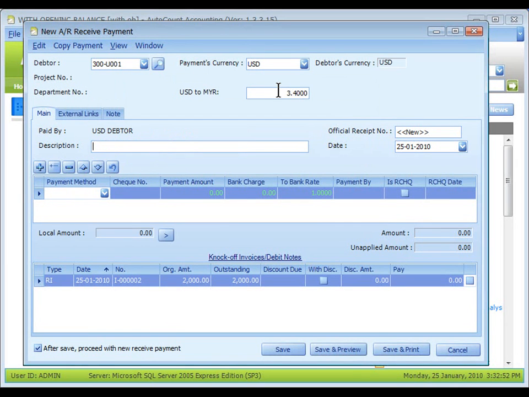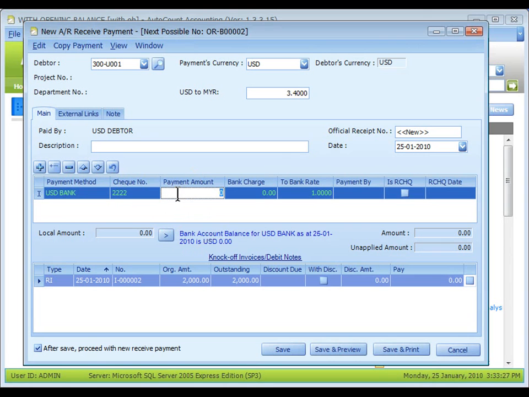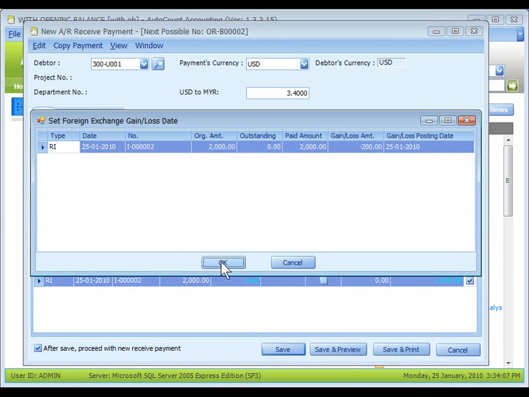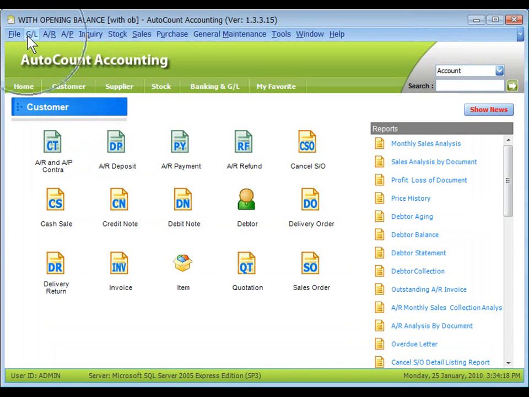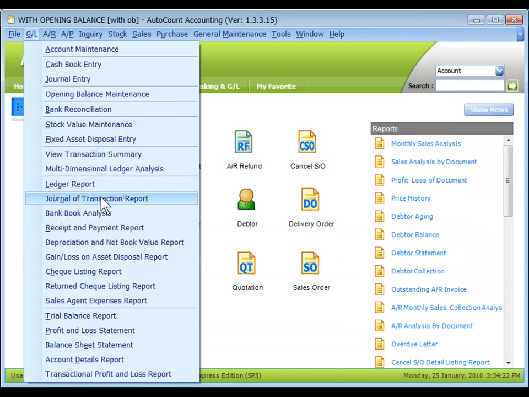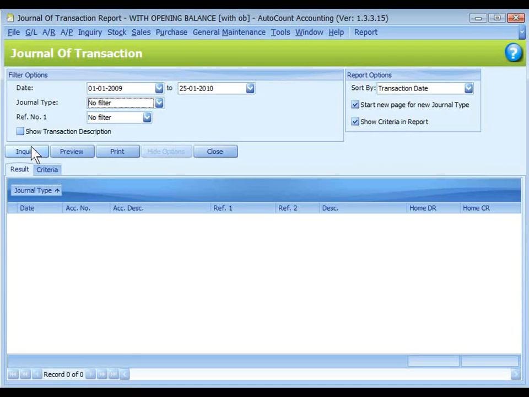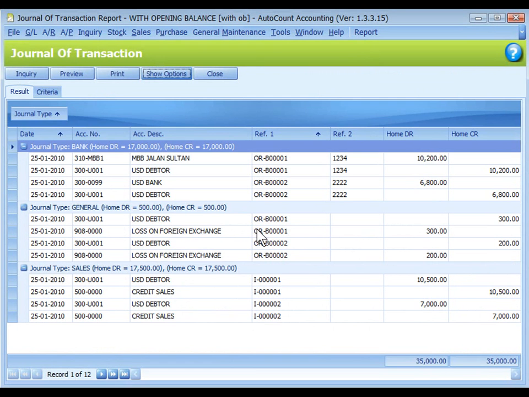USD. Change the currency rate to 3.4. For payment method, select the USD bank. Key in the payment amount 2000 USD. The to bank rate should be 1.0. Knock off and save. OK. Go to GL, Journal of Transaction Report, Inquiry, High option so that we can see all the